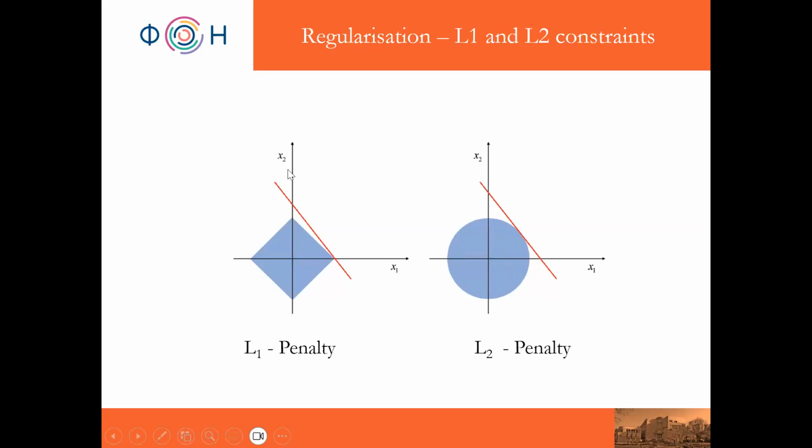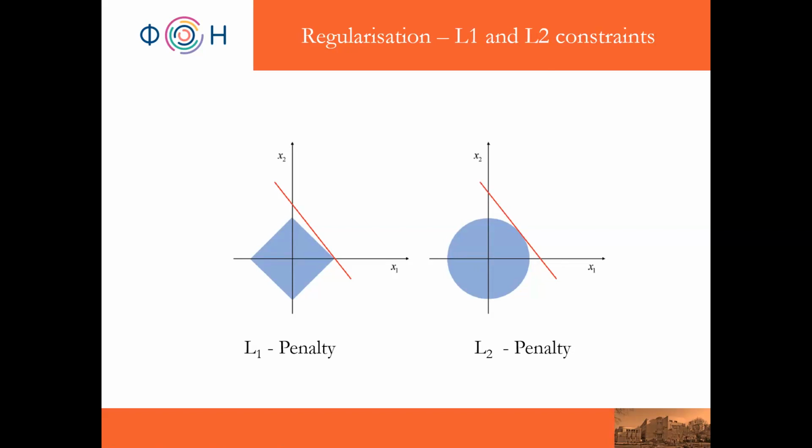So basically, the idea for us here is to move this red line until the red line touches the area of our penalty, whether it is the squared penalty or the absolute penalty. So we have basically two types of penalties which we can add to our linear regression model,